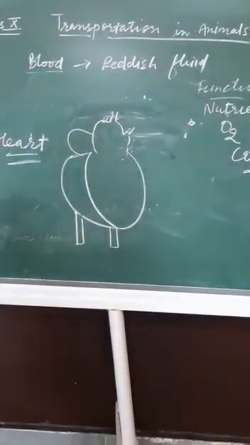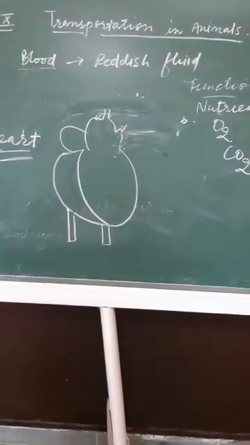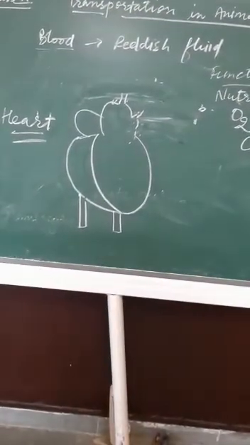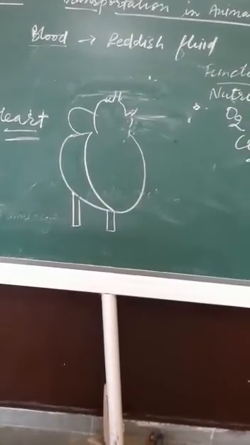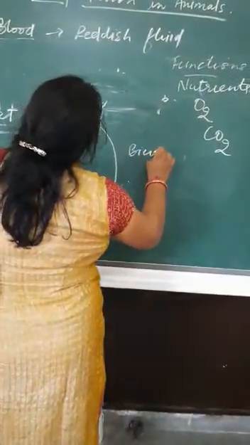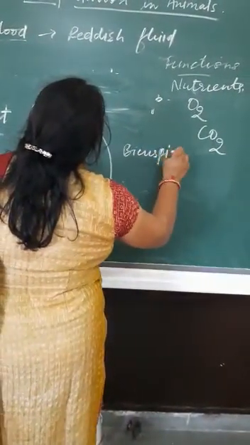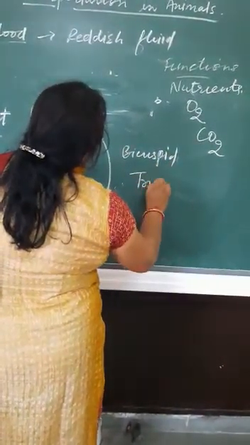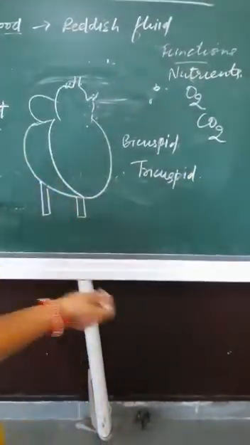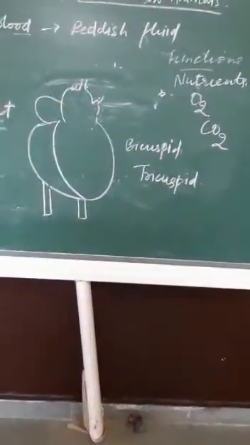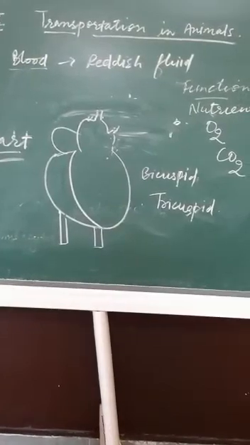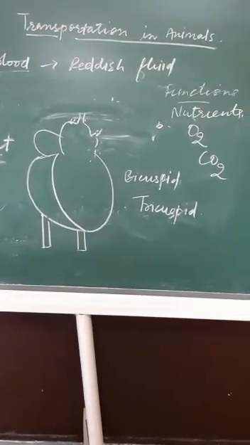So mainly we will do, the heart has four chambers, a four-chambered heart we have, and that is two auricles and two ventricles present. So there are the valves present which are known as the bicuspid and tricuspid valves. What do tricuspid valves do? Valves act like a stopper. What do the bicuspid and tricuspid valves do? They stop the backflow of blood in the arteries and veins.